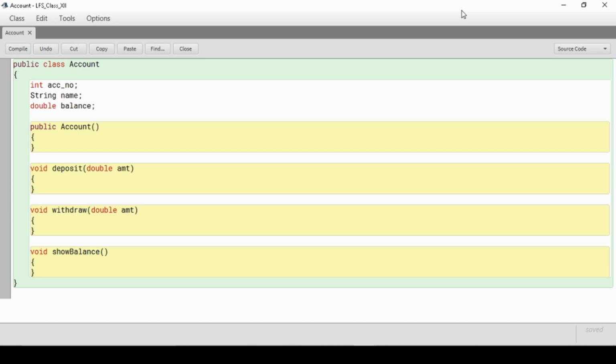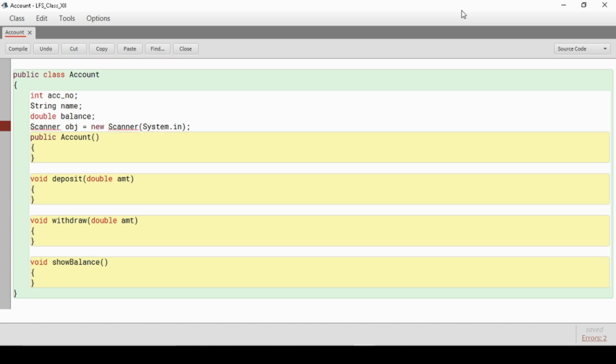So I am creating a Scanner object, and I am going to accept values like name from the user, or you can take the help of BufferedReader as well. So I'm taking input. There is a problem with the Scanner object when you were working in your previous programs in class 10th and 11th. You might have gone through this problem.